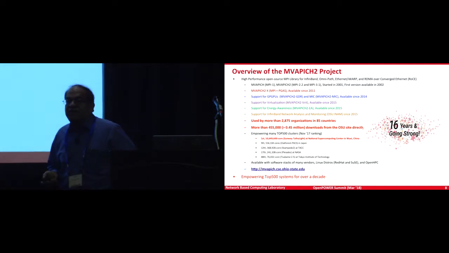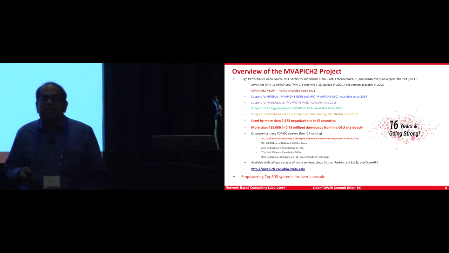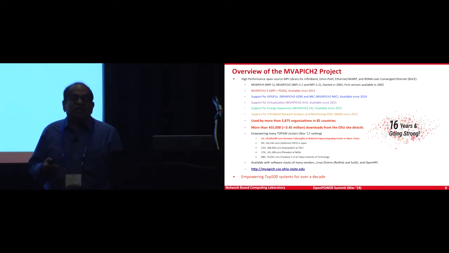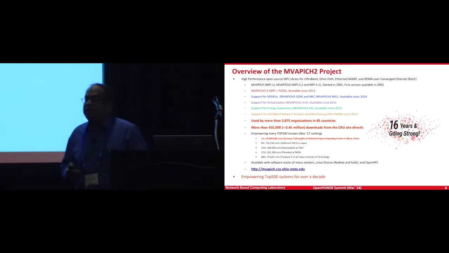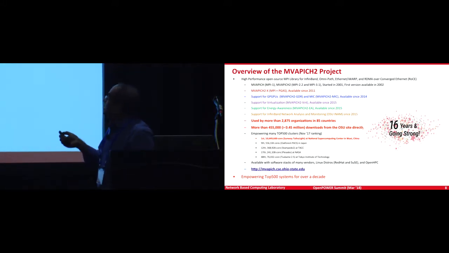This is the project some of you might already know. This is the MVAPICH project. In my group, we have been working on it for 16 years. We were the very first ones when InfiniBand came into the picture. We started the first open source MPI, and it was available at the 2002 Supercomputing, and since then we are continuously enhancing this software stack, and there are different optimized versions here.